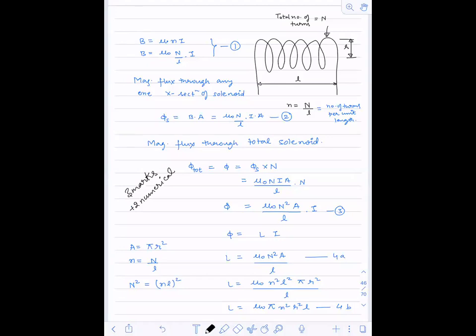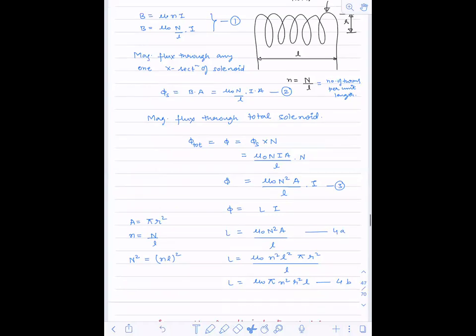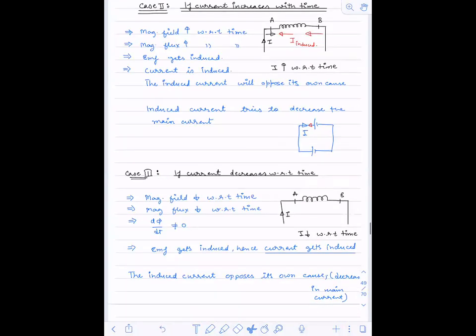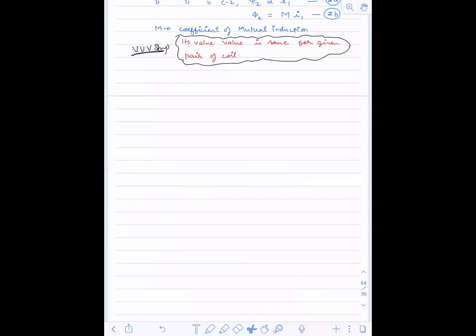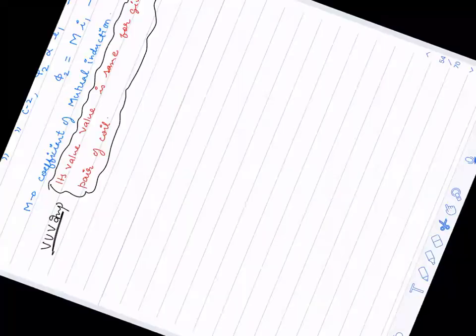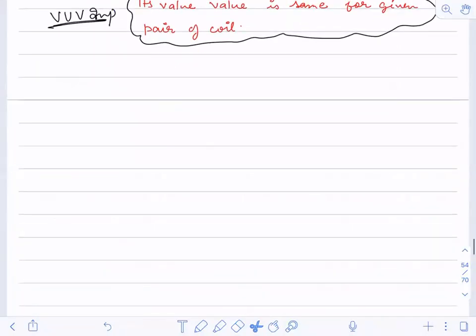But 90% chance I will give you this derivation. So don't say that I have not informed you. This is one thing that I will be giving you. And the next derivation we are going to do now, I will also be giving you. Any one out of these two or both can be asked.